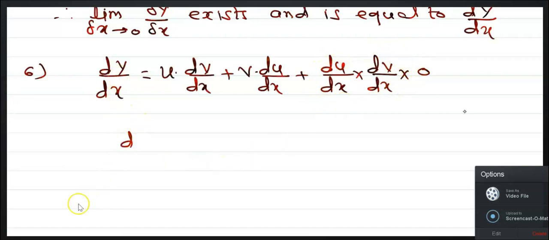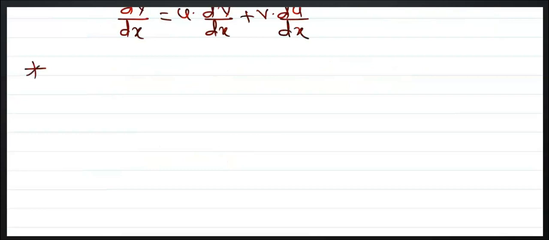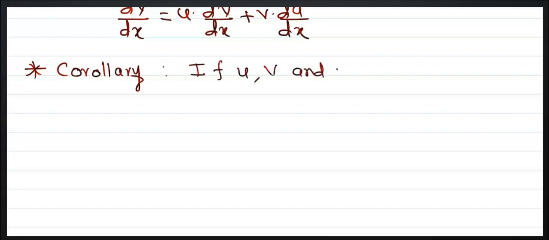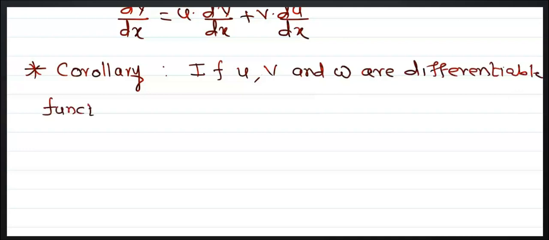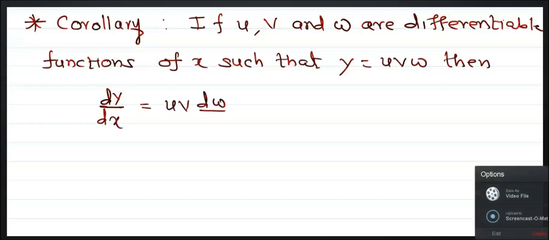Therefore we get dy by dx is equal to u into dv by dx plus v into du by dx. The corollary: if u, v and w are differentiable functions of x such that y is equal to uvw, then dy by dx is equal to